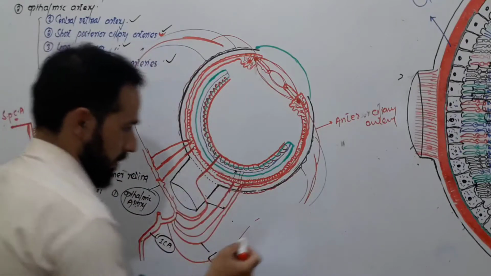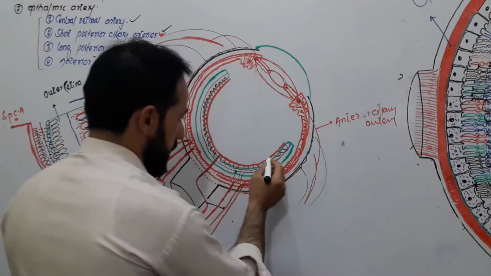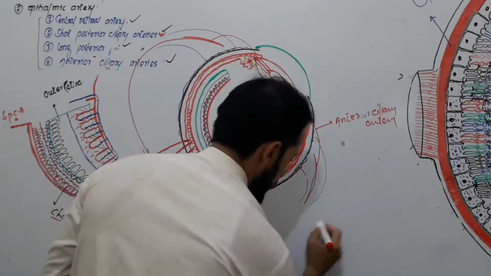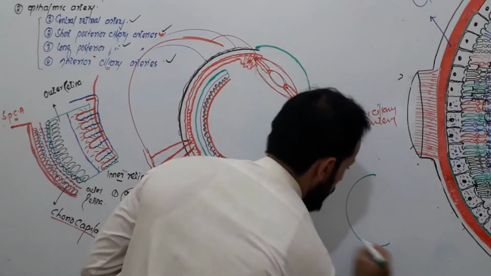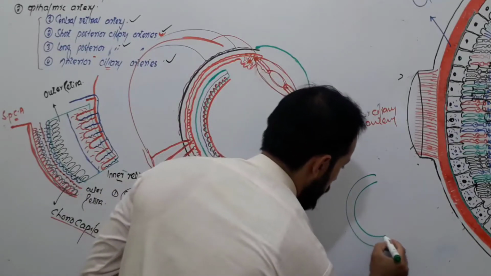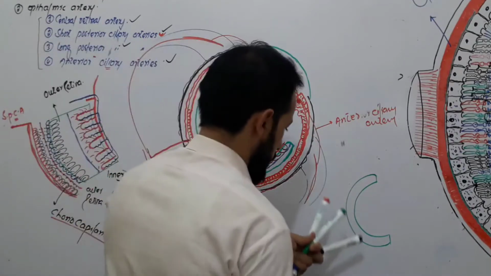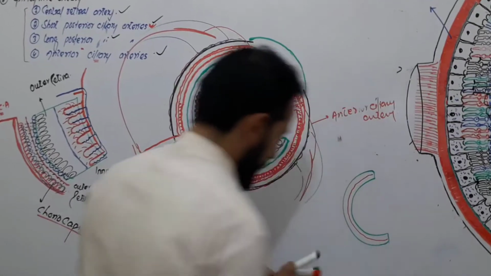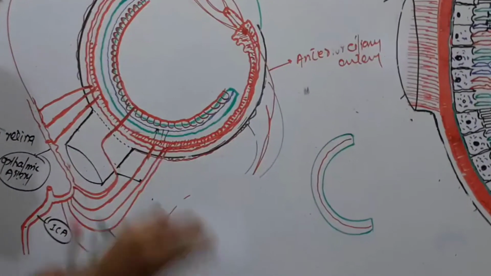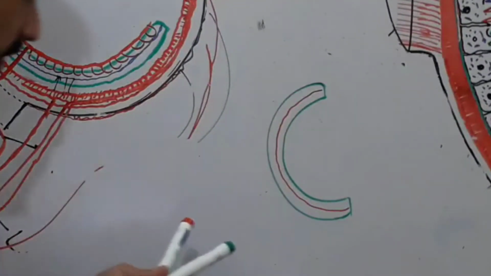Friends, you know that when the central retinal artery enters your eye, for example, this is your retina, and I had told you that the retina is divided into two layers, the outer layer and the inner layer, like this. We have talked about all of these in the previous lecture. You can watch those lectures to have a clear concept.